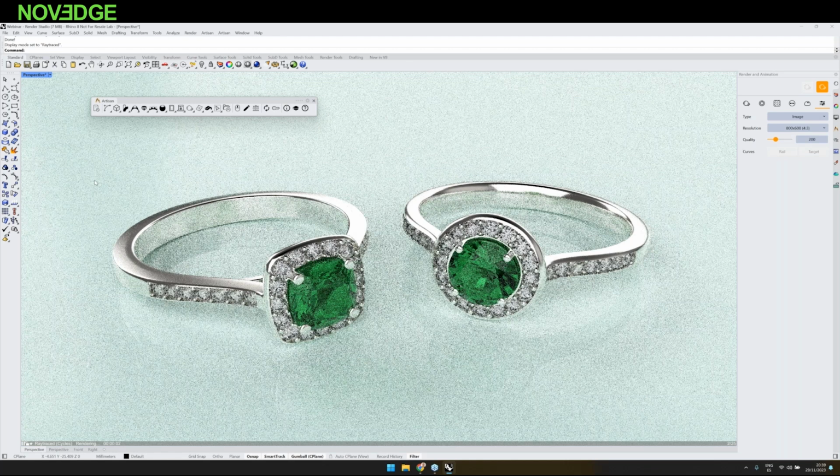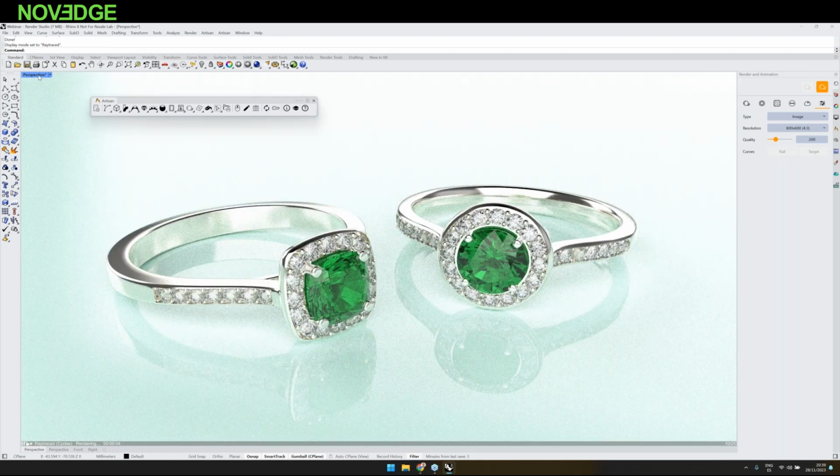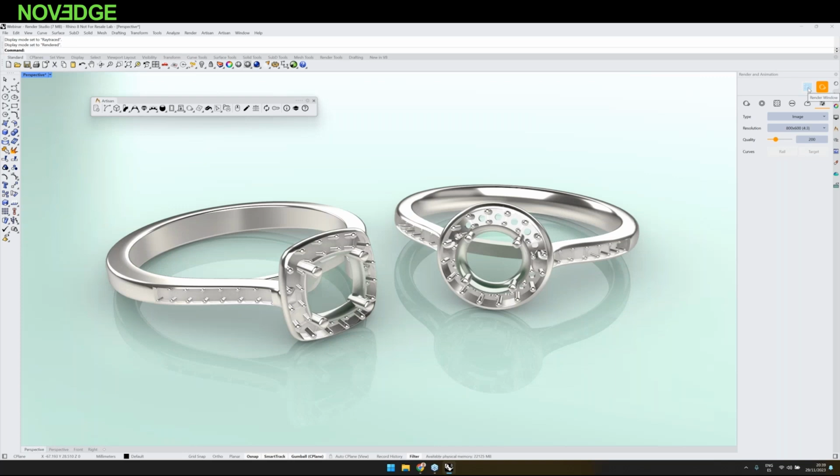Also, you have a really nice thing, like for example here, to render just a part. Okay, a zone. I say, okay, I want to know that area in order to see if the stone looks good for me or not. Okay, and here it's creating the preview for you. Okay, and that's all. We want to create an image,